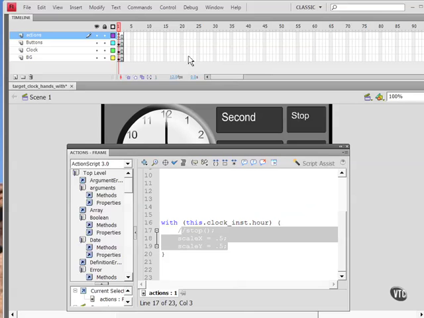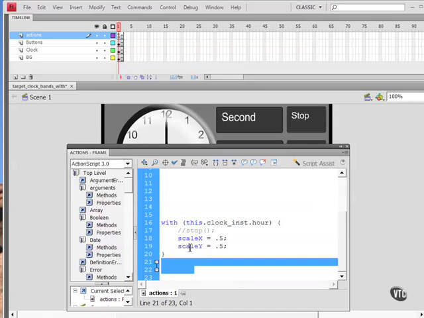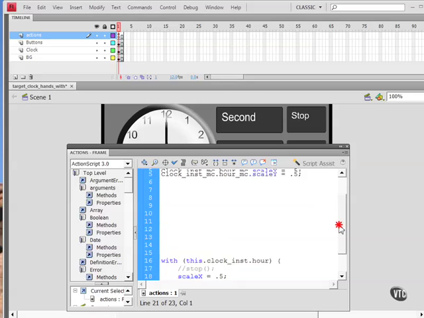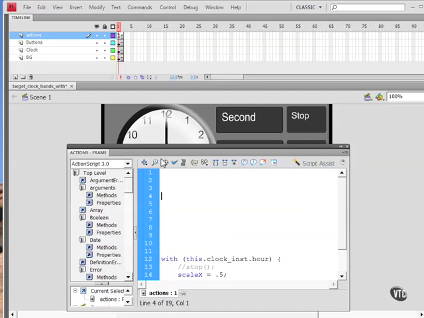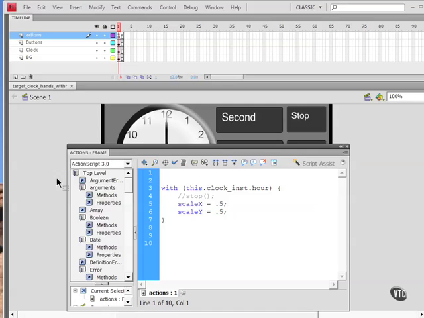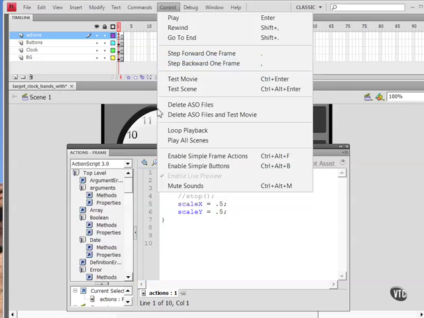So in this case, I'm right here on the main timeline. Anything I wrote down here would affect only the main timeline. Let me go ahead and delete this line of code here since I don't need it twice. You can also find this working code in the file target_clock_hands_with in the work files folder. If we go ahead and do a Control Test Movie, you'll notice that the